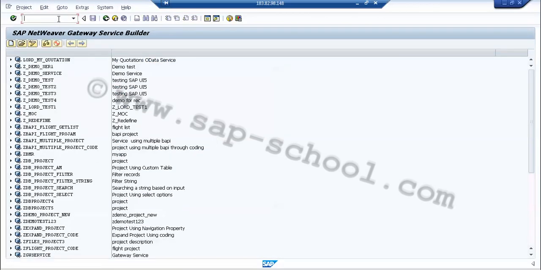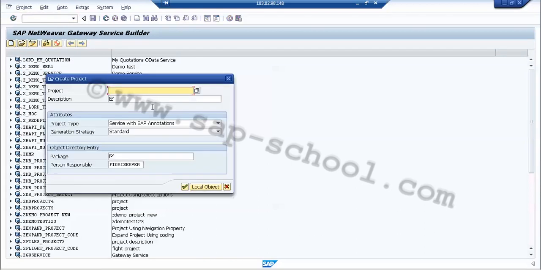Now in this we have to create a new project as a local object by selecting the new button. Here we have to give the name of the project. Let's say I give it as Z underscore test 2, and we have to give the description of it.